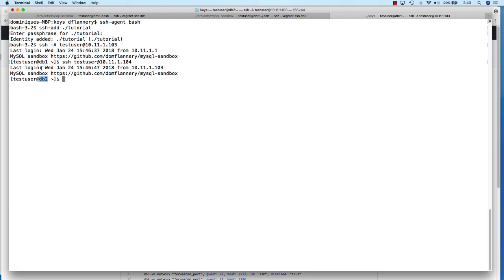So that is SSH. How to set up SSH keys, as well as locking down users so they can't use a password, and then using SSH key forwarding to be able to be successful in